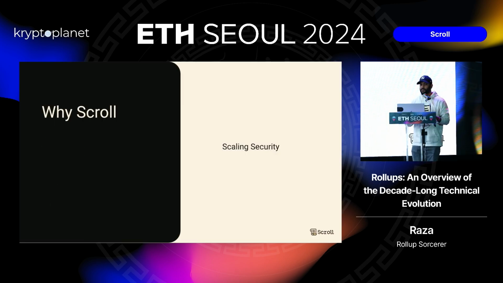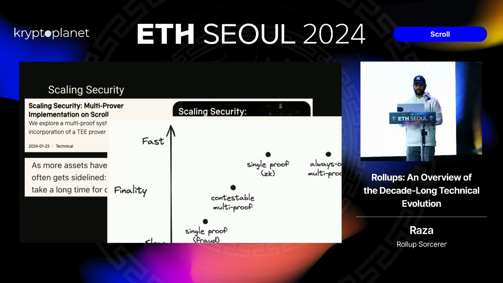So now that we've spoken about the trade-offs of why ZK rollup, there are quite a bunch of ZK rollups out there. Why Scroll? And I want to take a minute to talk about security. One of the things that keeps Vitalik up at night, he mentioned, was, for instance, the bugs in verifier contracts. And this is something that